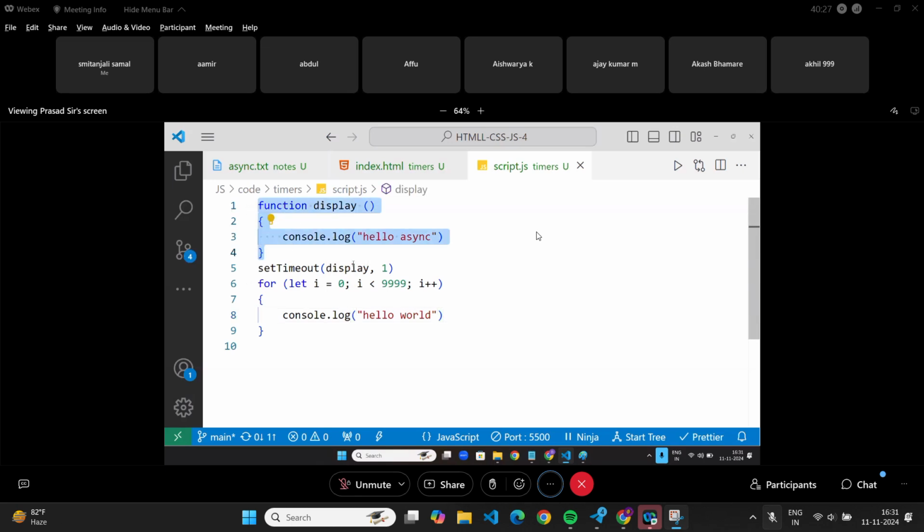It will say no, I will run after 1 millisecond, and immediately JavaScript will leave it and go to the next one. Then it starts printing hello world. To print hello world 10,000 times, the loop will run 10,000 times. By this time 1 millisecond will be over, right or not? So it should print in the middle, but it will not.